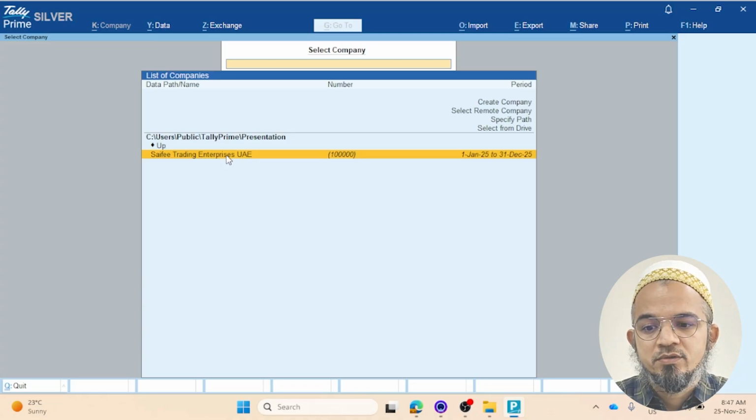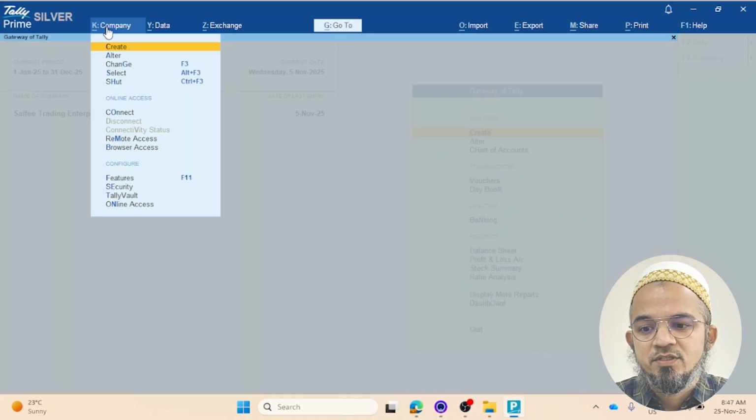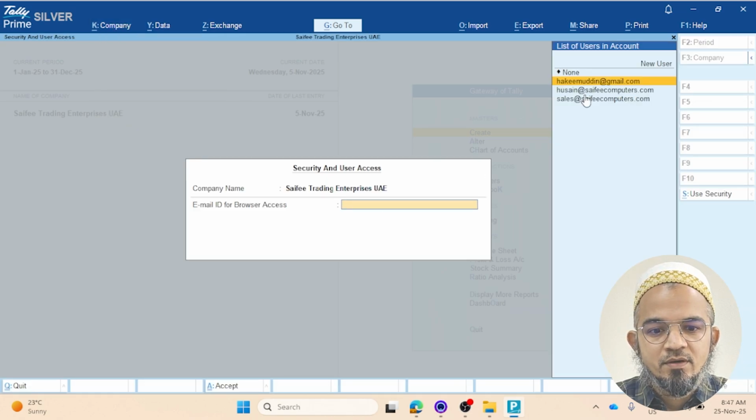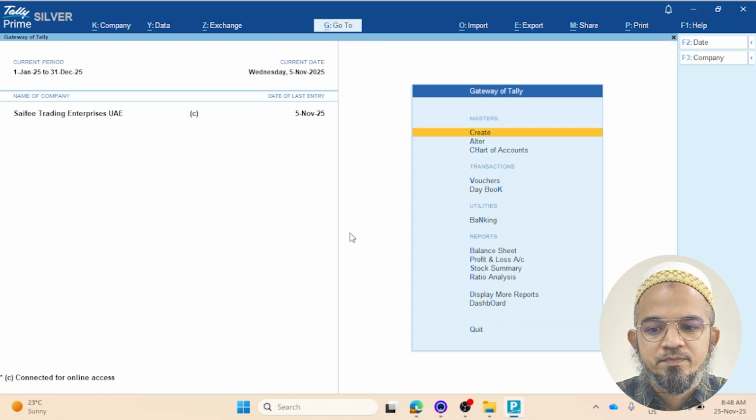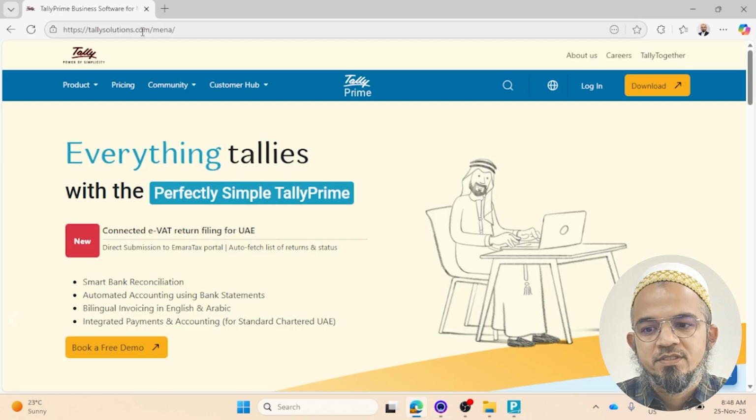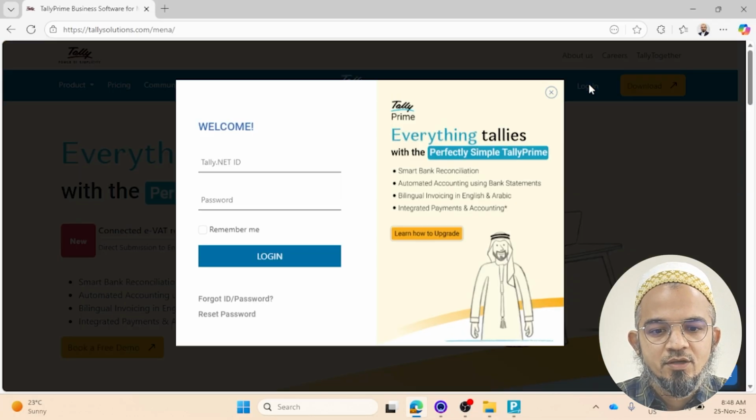So I'm going to log into this company over here. Now there is a feature on the company menu which says Connect. Here I can provide an email ID. So let's say I'm going to use my email ID and I want to get remote access for this particular company. Now I can go to this website, tallysolutions.com, and click on the login option,